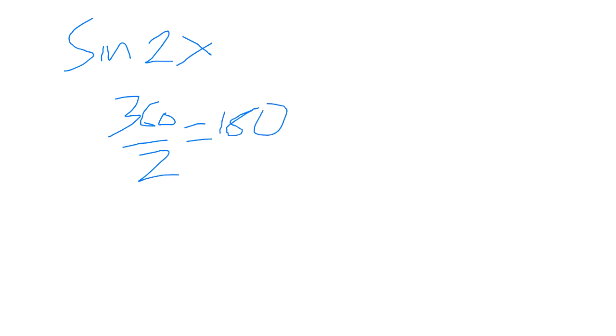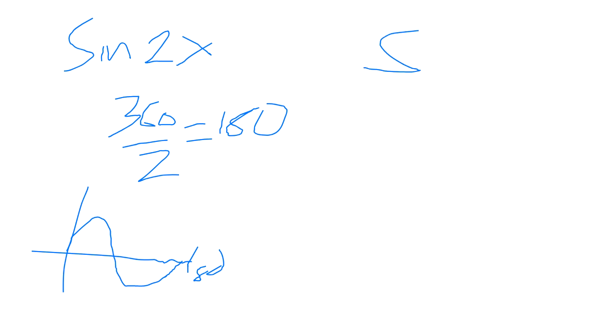So in that sense, if I'm drawing this graph, my period will be at 180. That means that when I go here and come back, I must return at 180. But if I have, let's say, sine x,